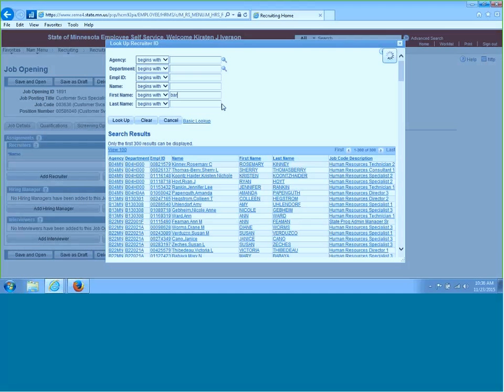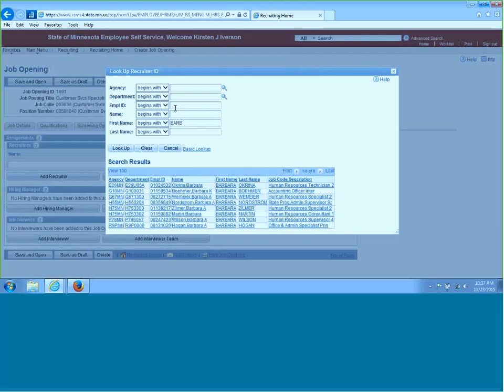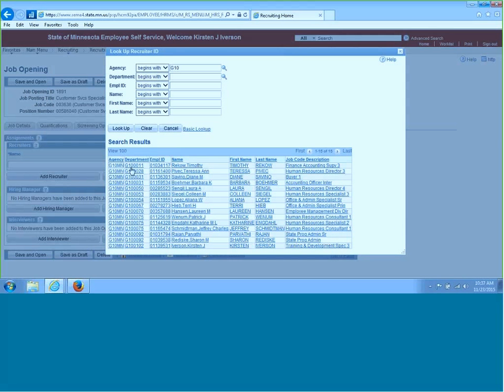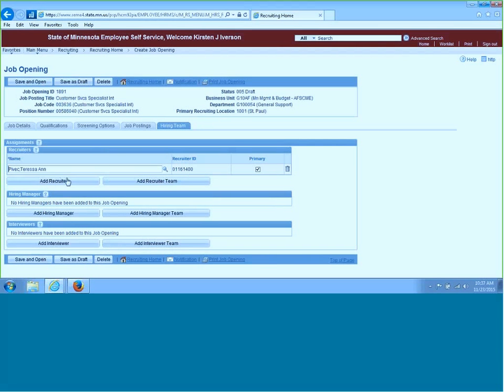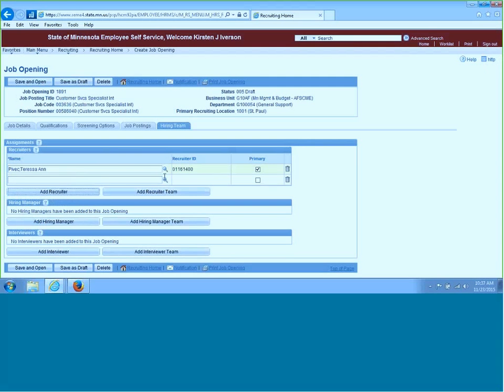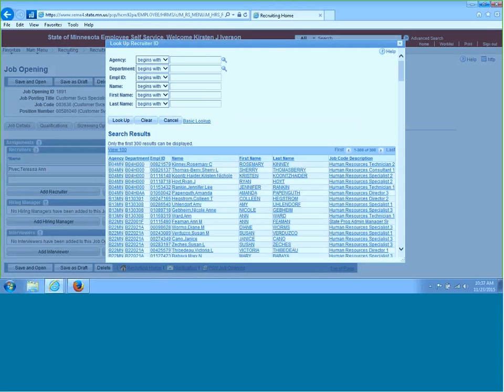Let's see if you're there. So you can search for someone. You can search for someone else. So again, I have a different security in the sandbox, but you'll only be able to see recruiters in your agency. So if you want to search by agency, you can do that as well. There's Teresa. I'm going to add her to my job. Okay. You can also add yourself if you'd like and select who's the primary recruiter